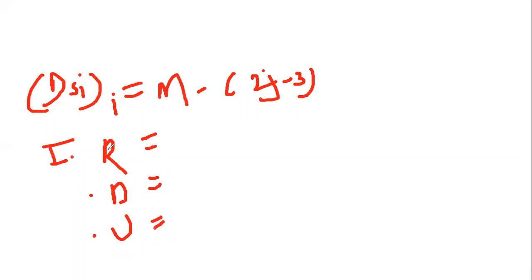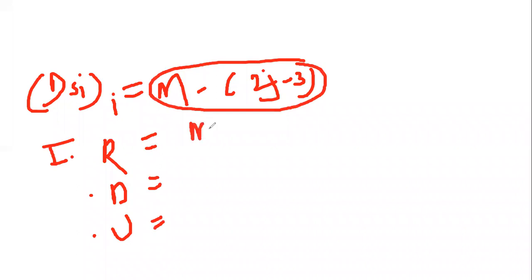So the condition is, tell me, this is the formula of DSI internal: m is greater than 2j minus 3. Very good. What does it mean? Whenever in a truss the members are more than that required, and the required number of members is 2j minus 3, that amount is the required members. So for a truss, if members are greater than 2j minus 3, it is internally redundant or internally indeterminate.